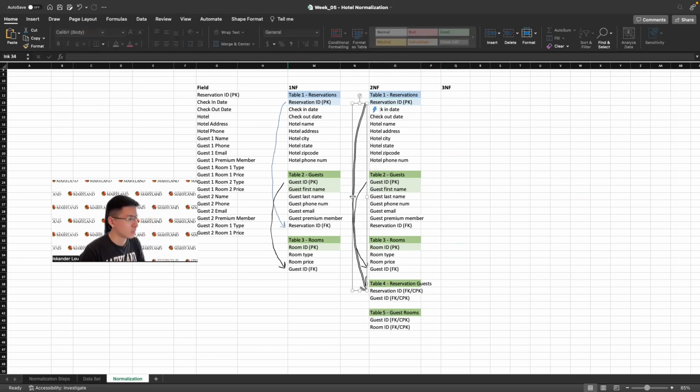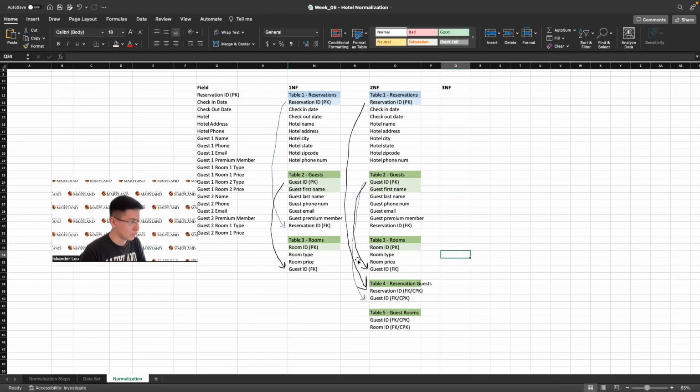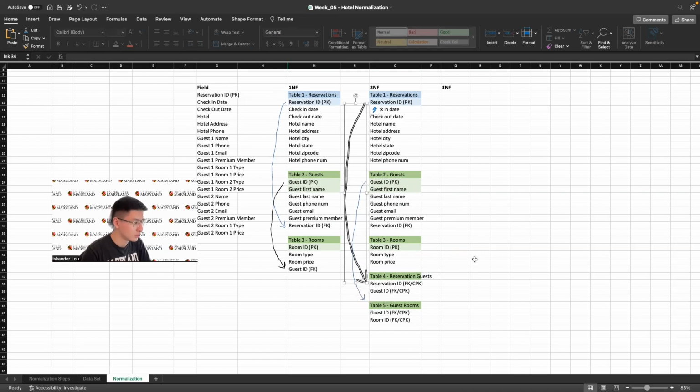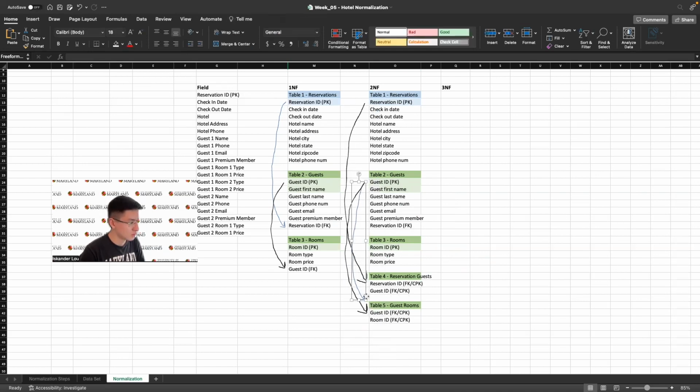So something like this. And I'm going to connect the guest IDs here, and I'll get rid of this relationship and delete this attribute. Yeah, sorry for the ugly drawing, but now we've shown all the connections between tables, and we're done with the